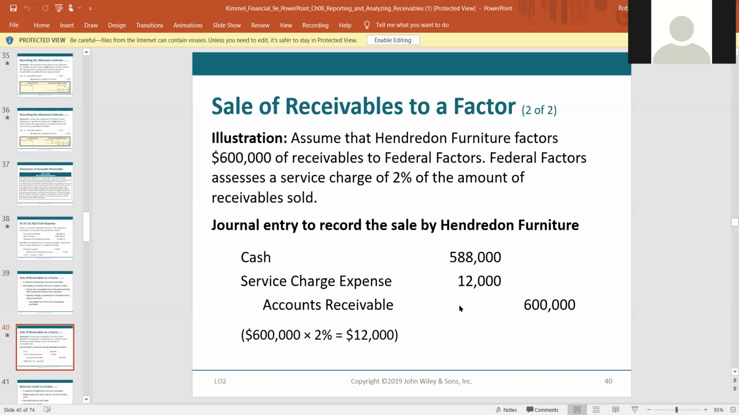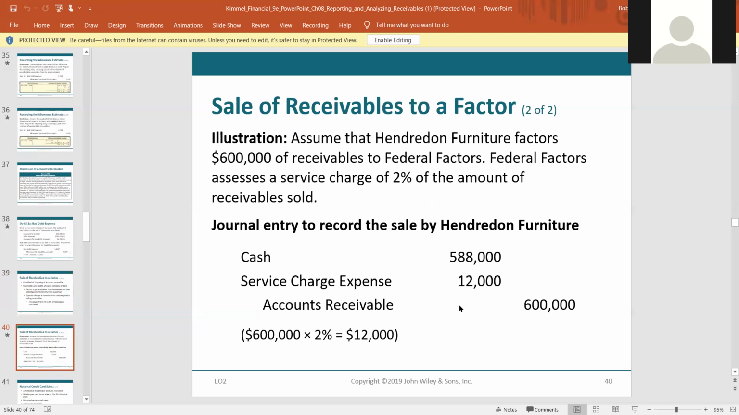Henderson Furniture has 600,000 receivables, but they don't want to wait 30 days, 60 days, 90 days, whatever it's going to take to collect all of that 600. So they make a deal with federal factors. They say, look, how much will you give me for my $600,000 worth of receivables? And the factor,